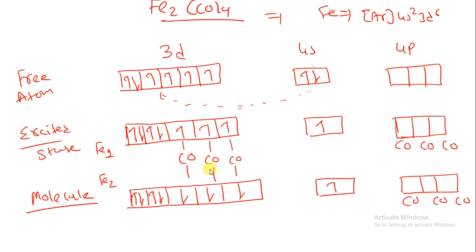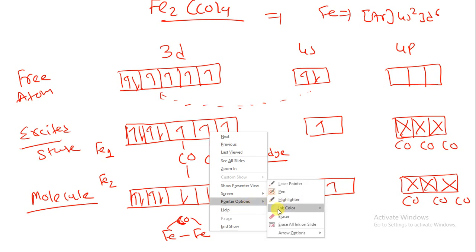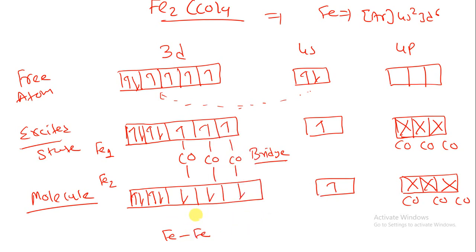So here I am having 6 CO ligands as terminal ligands. Now the 3 CO should be in a bridge structure. What is a bridge? Suppose I am writing over here Fe. There should be a CO ligand between the two metal atoms. That is known as a bridge structure. So now I am having this structure Fe2(CO)9.